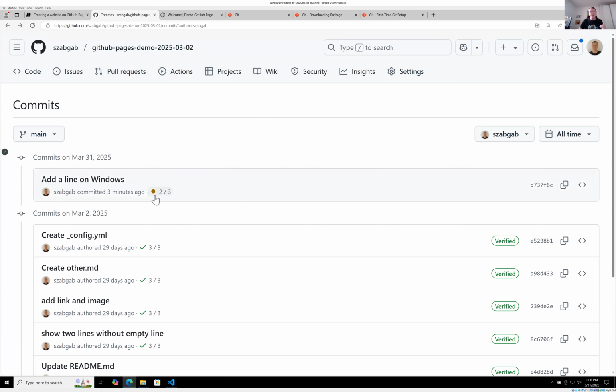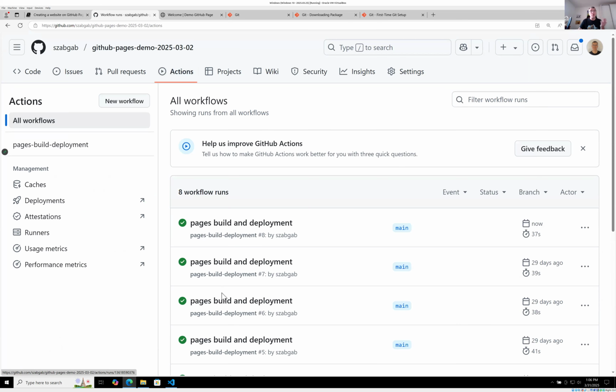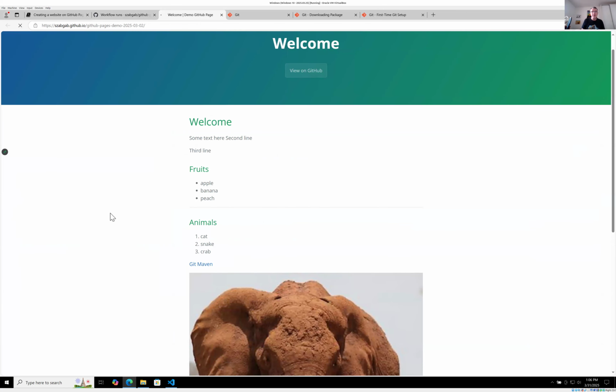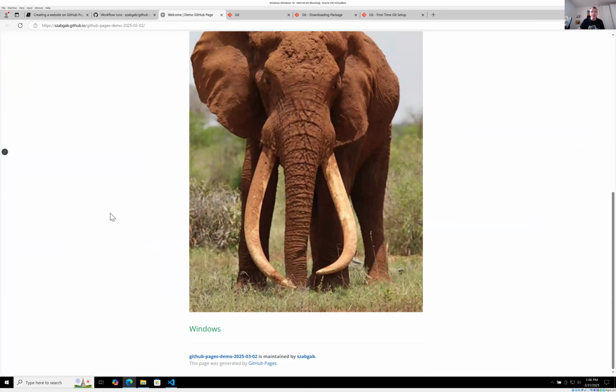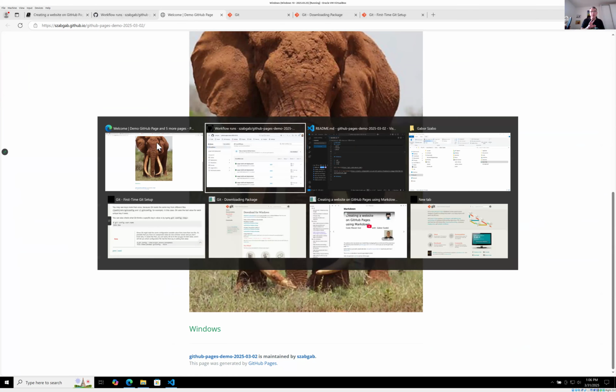GitHub. You can also see this yellowish, or brownish circle, meaning that the actions are working, okay? And it already finished, so it's already green apparently, okay? Right, that's just finished. So the website was updated. So let's go to the website, and if I refresh this and scroll down to the end, then you can see Windows. Okay, that is the line that I added locally and then pushed out to GitHub, and that's it. Okay, so now back to the authentication part, because